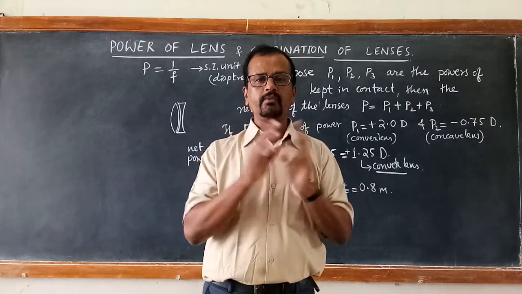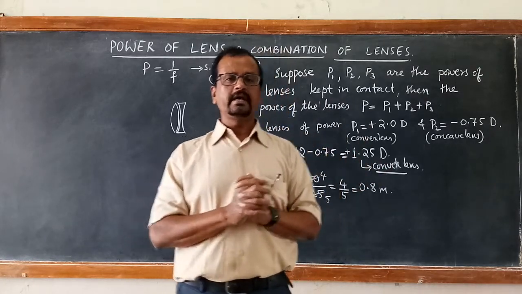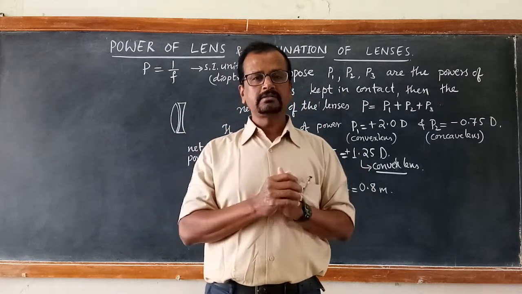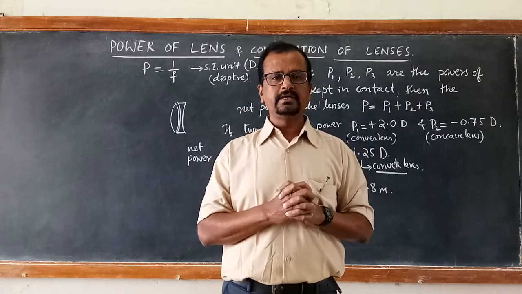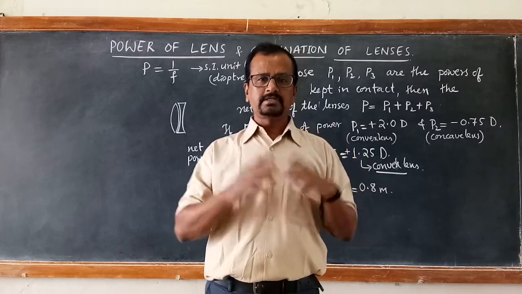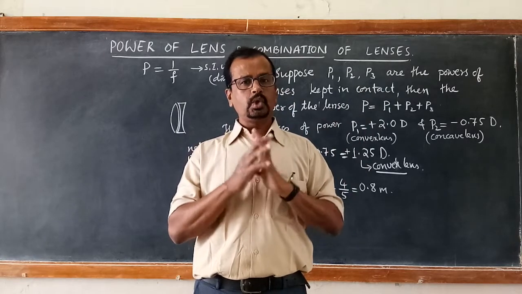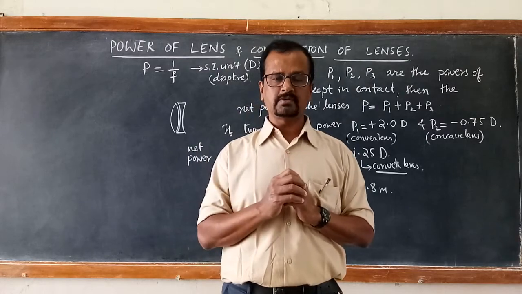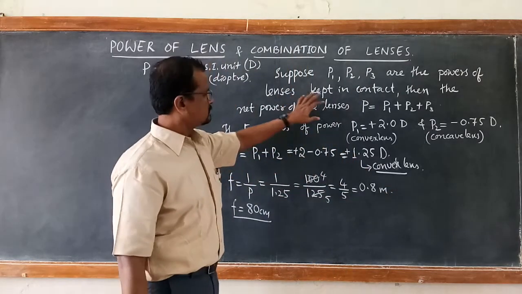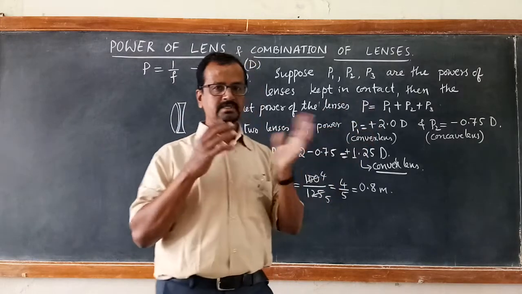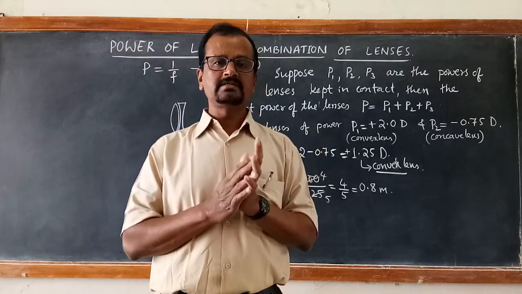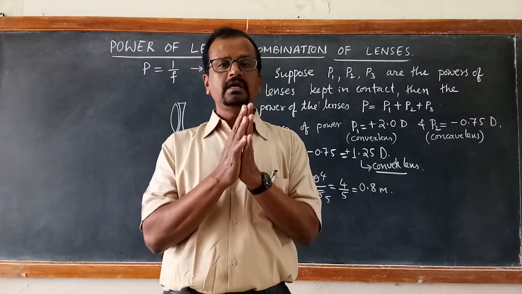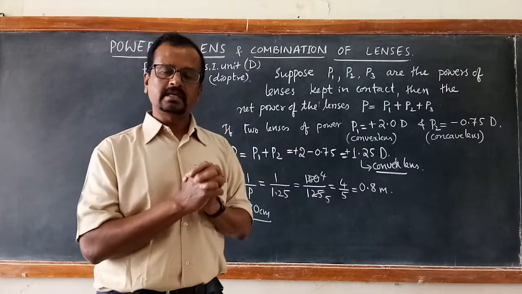So also in various optical instruments like microscopes, telescopes, binoculars, we use various optical instruments wherein you will find such combination of lenses to adjust for far away distance objects and close by distance objects. That's why this simple equation helps us understand how the power of the lenses can be increased or decreased whenever the lenses are kept in contact with each other and the total power is calculated.